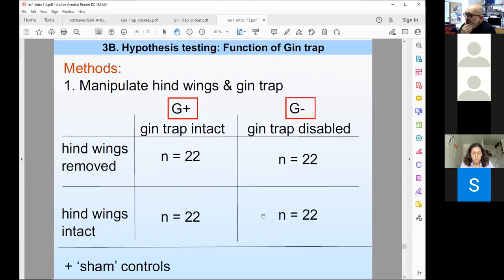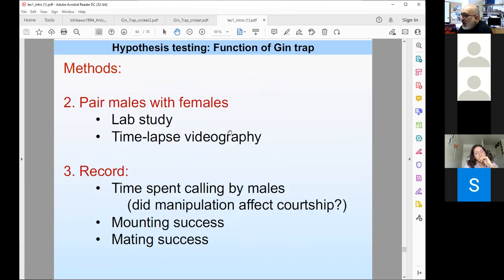All right, so this is the experiment, and I encourage you to read the PDF file as well. This is a pretty elegant design. You've got 22 males in each of these groups. You've got hind wings removed and hind wings intact. You've got gin trap intact and gin trap disabled. They paired males with females, like what I just showed you in those videos. And then they